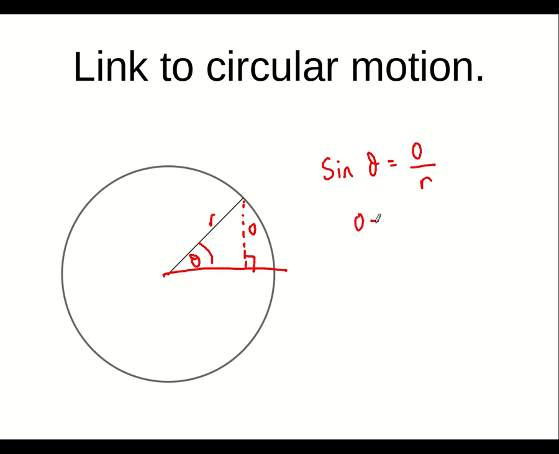So in other words, the opposite side, or this height here, which we are plotting against time, is equal to r sine theta. And we should also remember that theta is equal to omega t, where t is some time. So this height, which we've called O, is sine